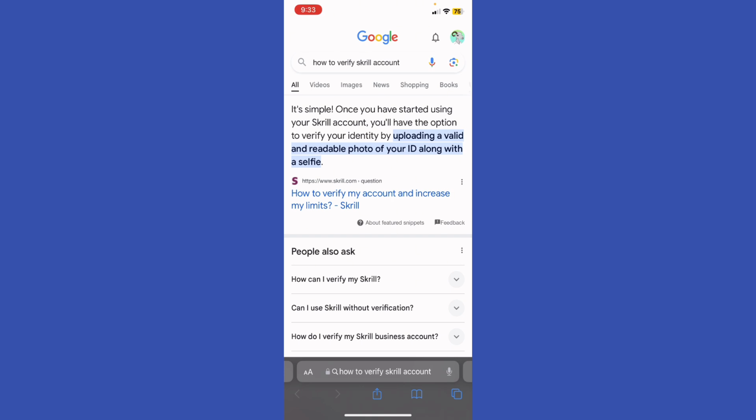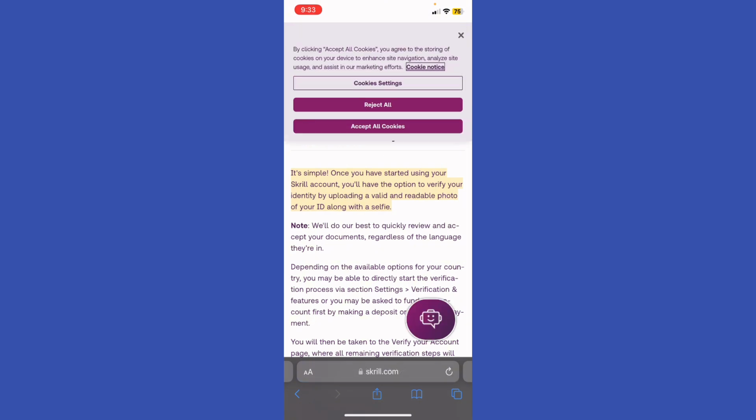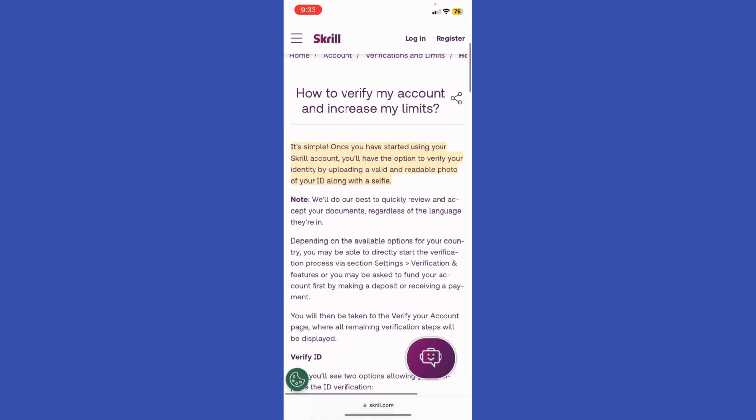if you want to verify your Skrill account, it's simple. Once you have started using your Skrill account, you will have the option to verify your identity by uploading a valid and readable photo of your ID along with a selfie, and then you're gonna be able to remove any limits or blocking that's been enforced by the Skrill corporate or Skrill wallet. And note, they will do the best to quickly review and accept your document regardless of the language they are